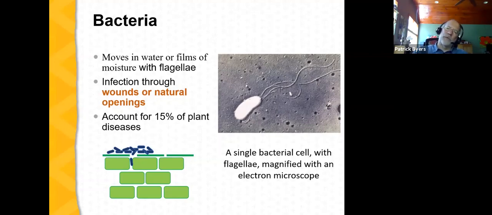Now, what this tells us, of course, is that infection typically takes place when plant parts are wet: leaves, foliage, stem, or root systems. And in the case of bacteria, in almost every instance, the infection takes place through either a natural opening or some sort of wound that was created on the plant. That wounding could be the result of cultural practices, cold damage, or an event such as a hailstorm. But something that has opened wounds on the plant now allows the entry of bacteria into the plant to cause diseases. About 15% of plant diseases are caused by bacteria.